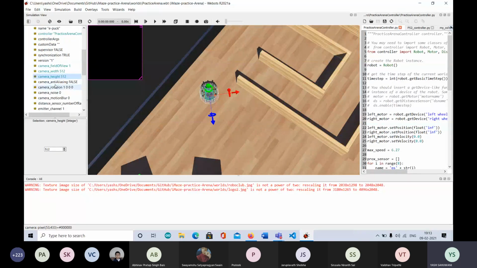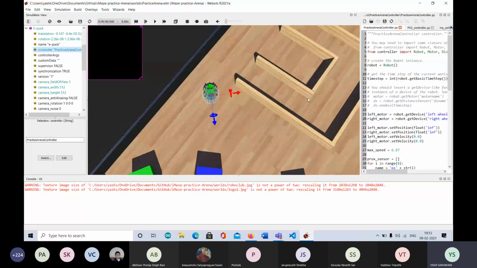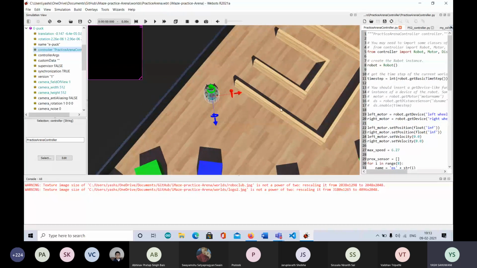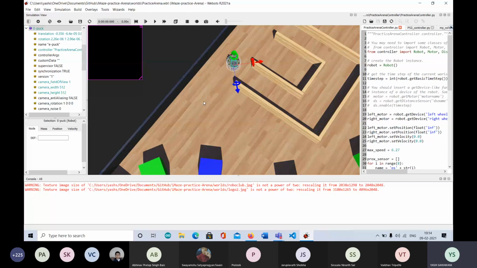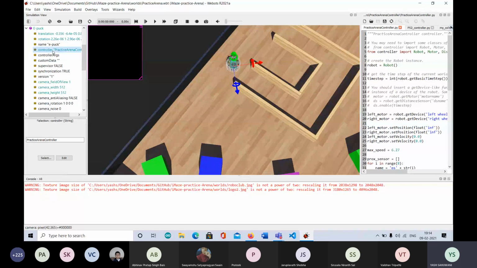If you want, you can play with them, but I suggest you not to do so. We have configured it so that it's suitable for you. The best you can do is change the controller. This is the main thing that we'll be using to control the robot. You don't have to change anything in the arena. The arena is here, the boxes are here, the objects are here. The only thing you can do is change the position of the robot, and that's good. And then you can edit your own controller.